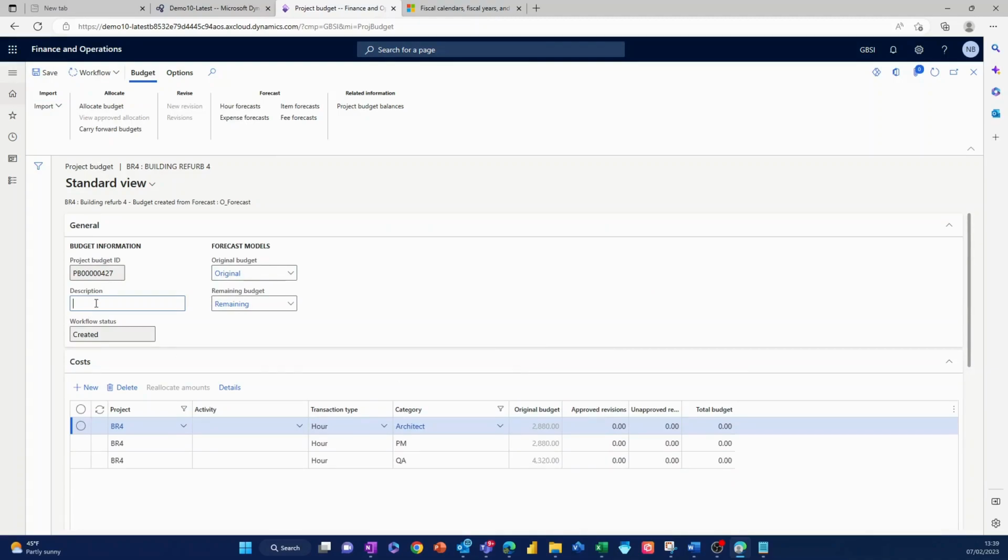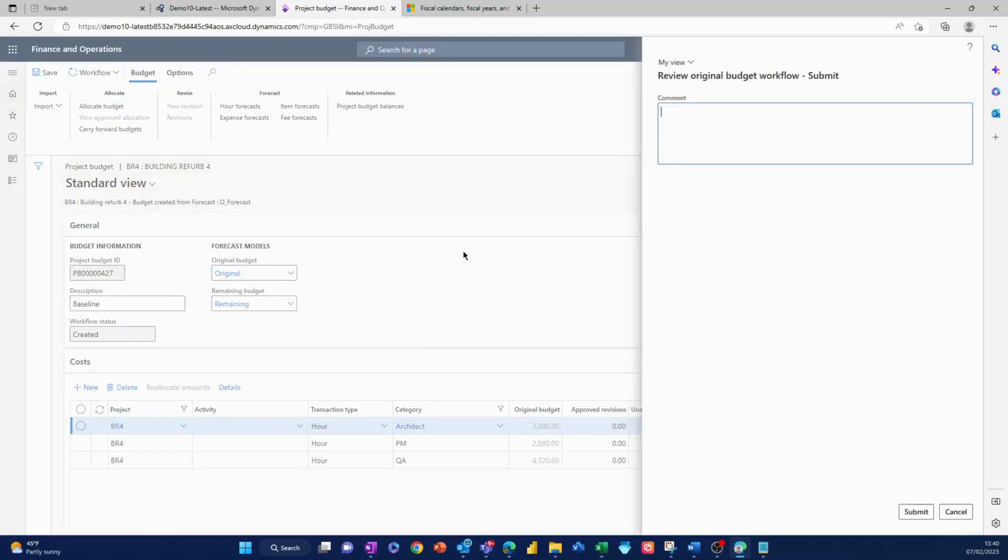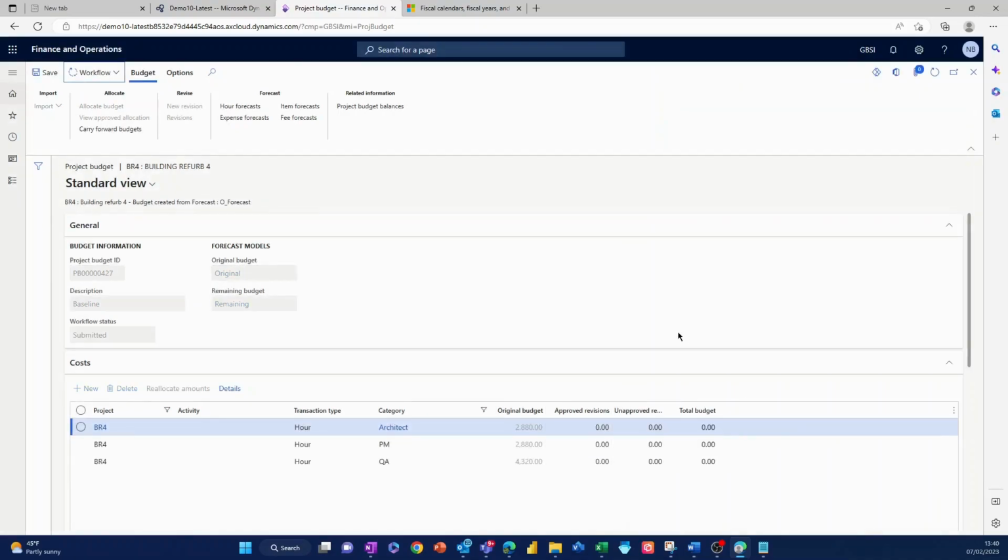And you'll see we've got a workflow status of created. I'm going to just give this budget a name. If I want to, I can give it a description here, so I'll call it baseline. And basically at the moment, it's in a status of created, so not approved yet. So in order to do that, I need to submit this budget if I'm happy with it. So I'm going to do that. I could put a comment if I want to